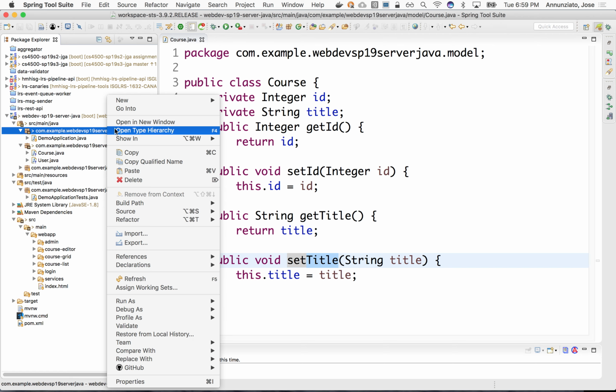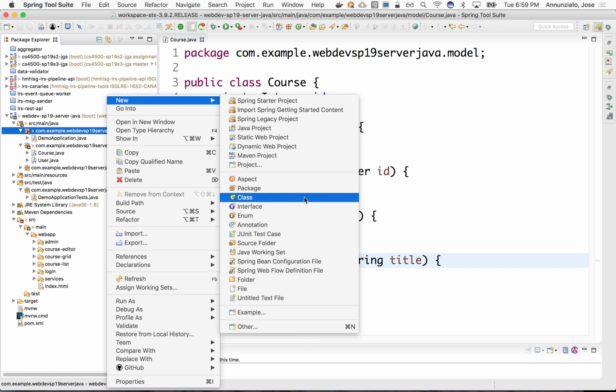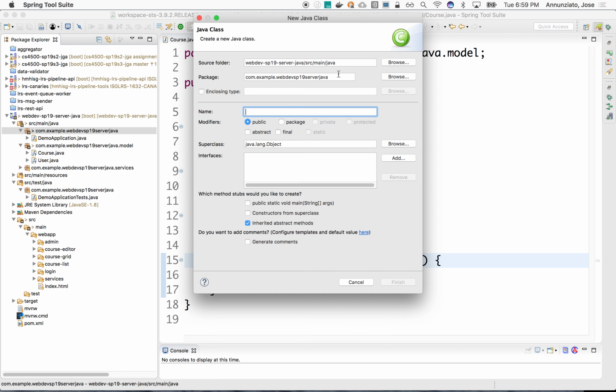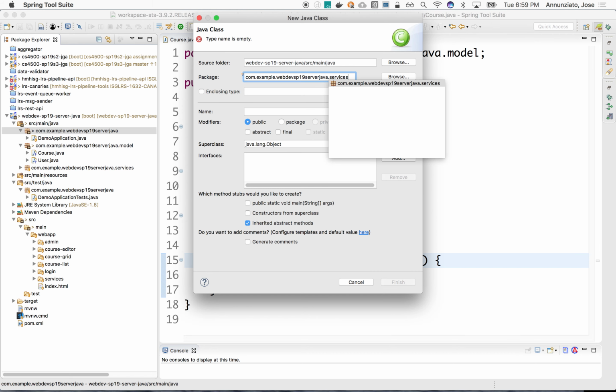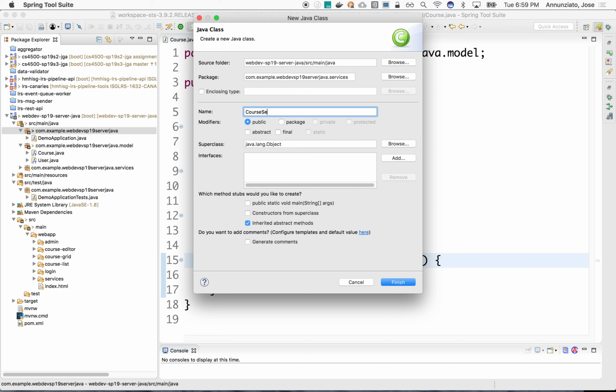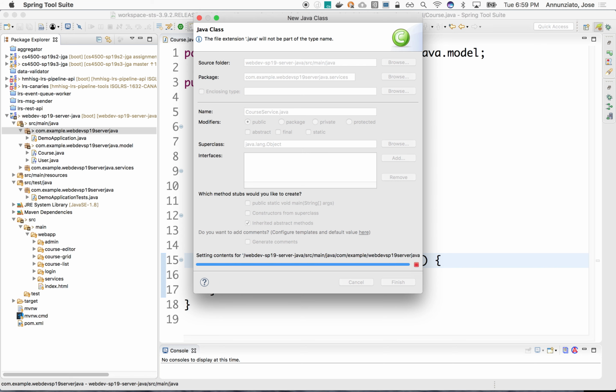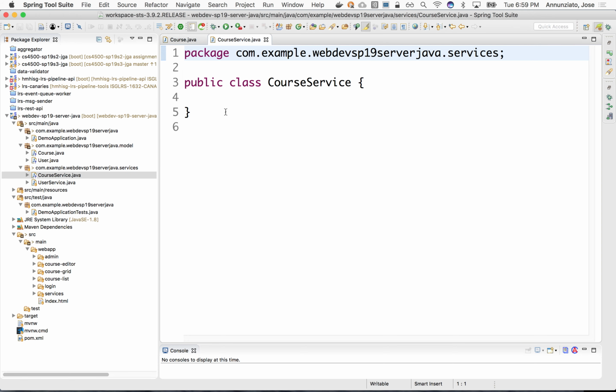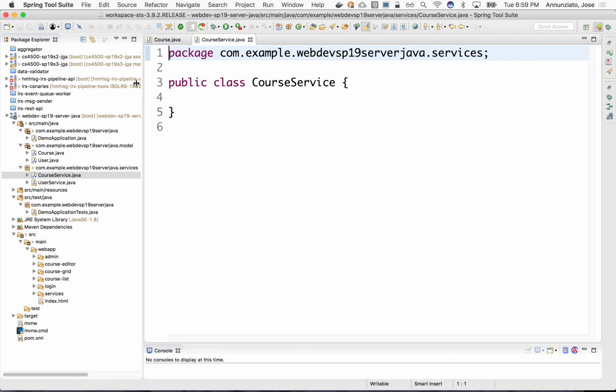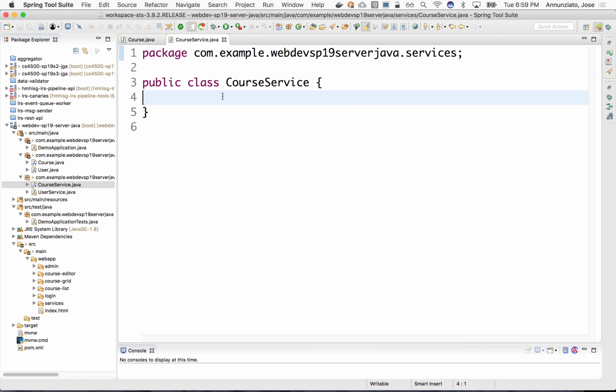Additionally, we're going to create here a service, and I'm going to put it under a services package with an S, and I'm going to put here a CourseService.java. There we go. So what we want to be able to do here is expose the data model that we just created, right? Maybe create a couple of objects in here, perhaps something like